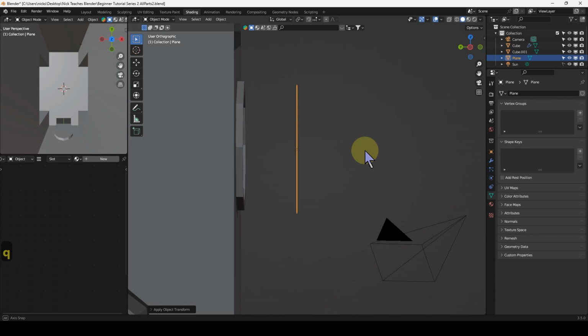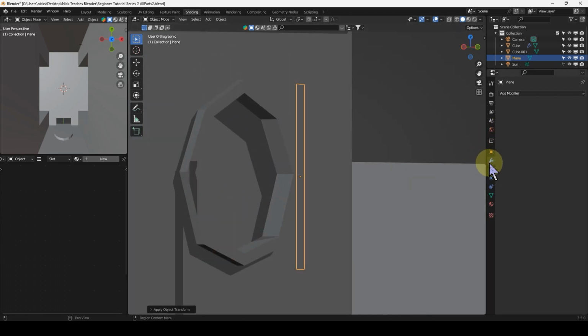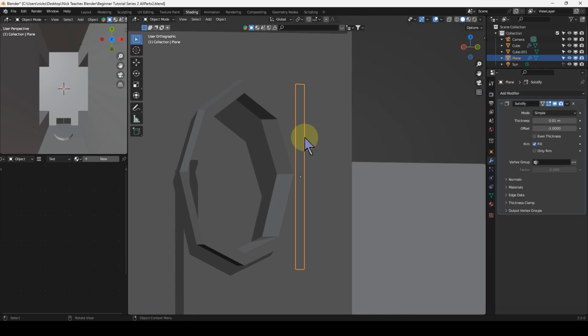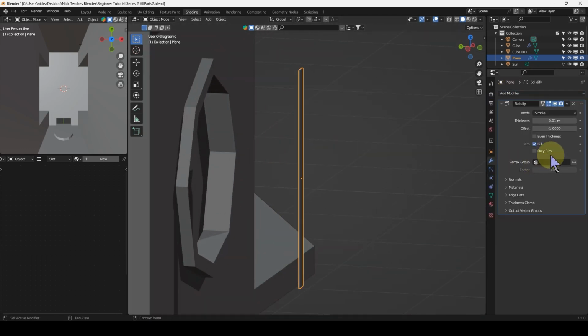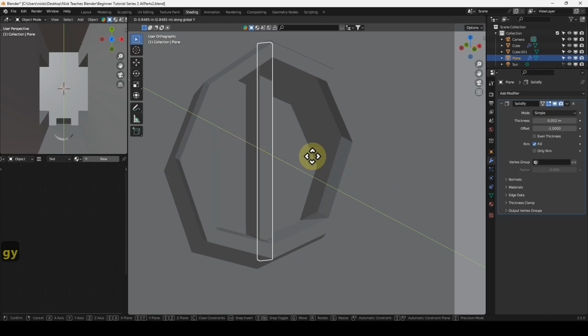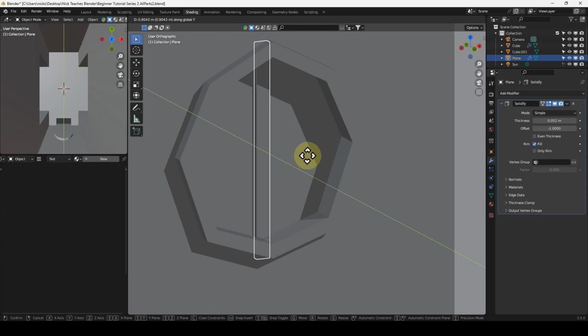At the moment there is no thickness whatsoever, so what we need to do is in your modifiers panel you can add solidify, and what this will do will give it depth. So in the solidify panel, under thickness, just shift left click, just give it a bit of thickness, like there you go, lovely. And then G Y, I'm just going to bring it back so that it sits on the plane on the actual building, which will become our